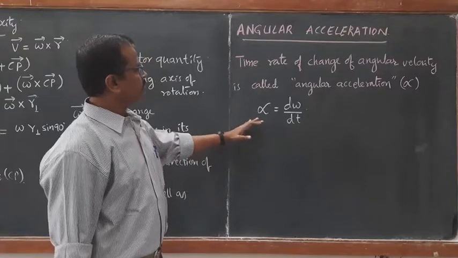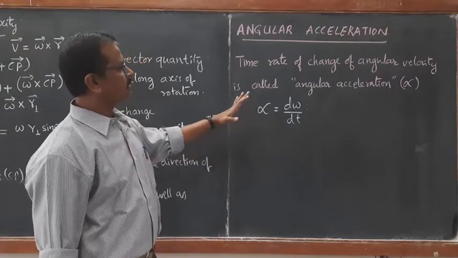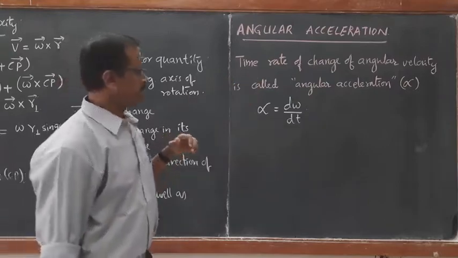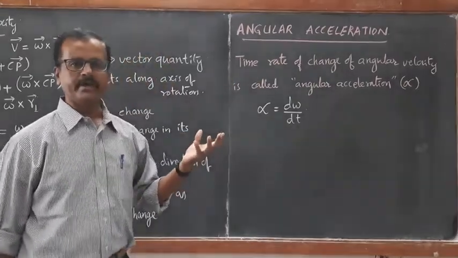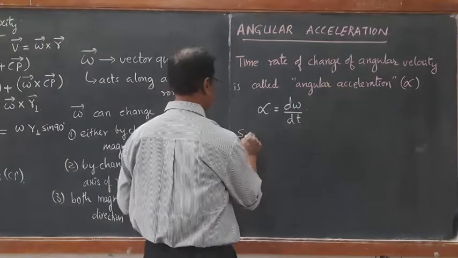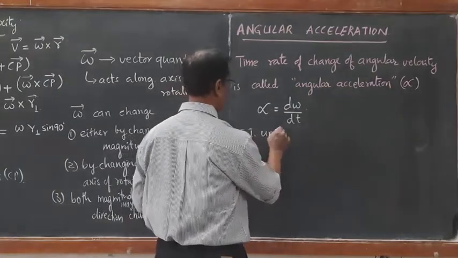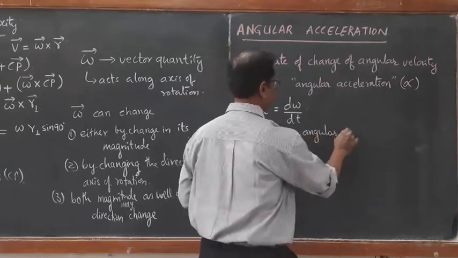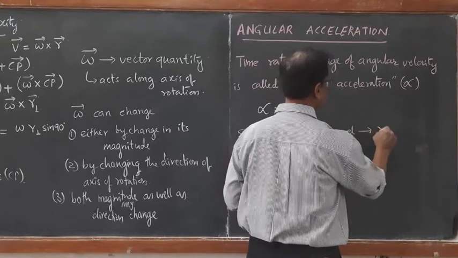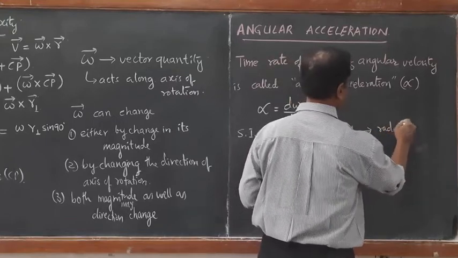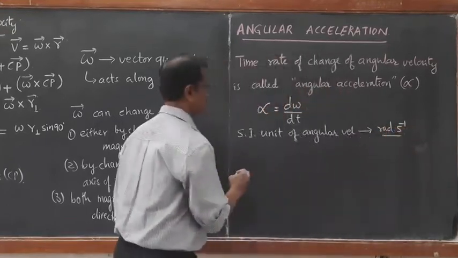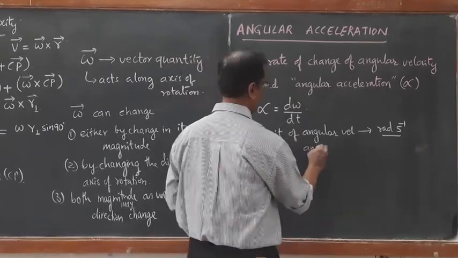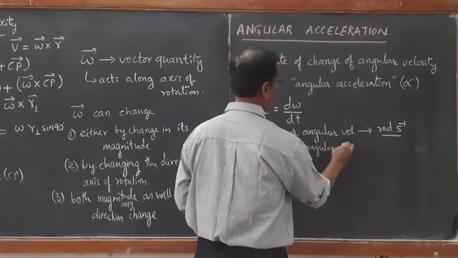Okay. Now these things are helpful in understanding rotational motion. Right? Then what is the SI unit of angular velocity? The SI unit of angular velocity, we already know, is radian per second. Whereas the SI unit of angular acceleration,